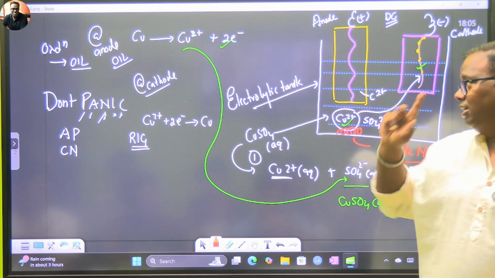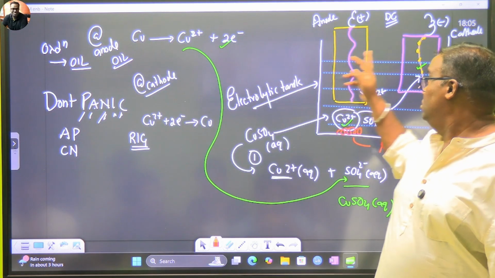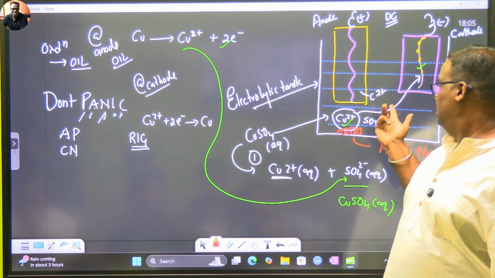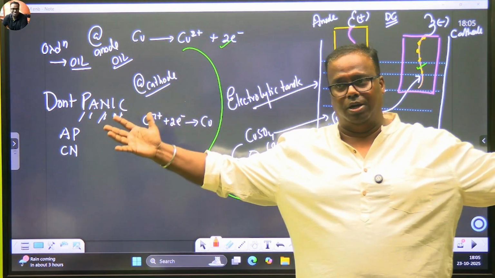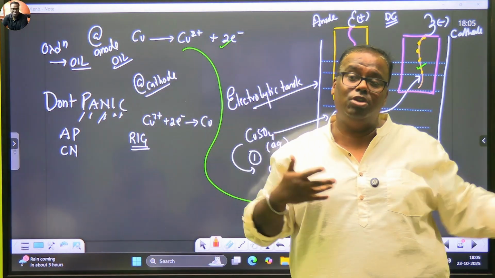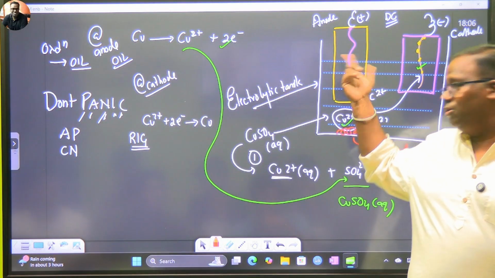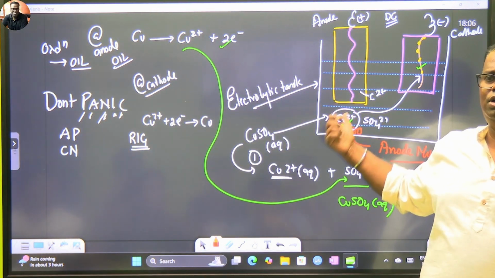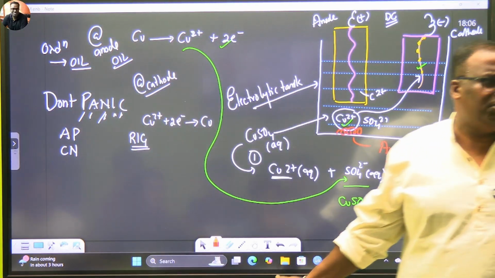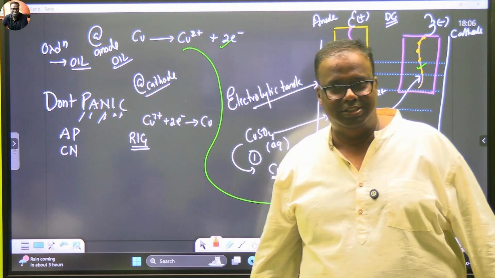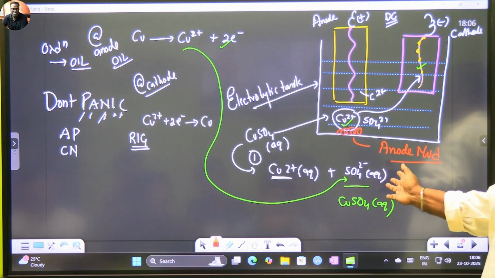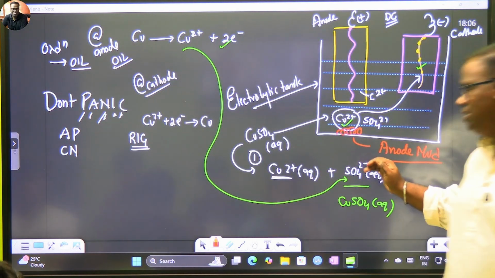Remember one thing. These copper ions do not travel directly here. They travel via this source. This fellow has got lots of copper, but with one condition: I'm going to give my copper, provided you replenish me. The moment his replenishment is over, he again says, "Who are you? I don't recognize you. Why should I give you copper?" And sulfate, which keeps on watching the entire show, is known as the spectator ion.